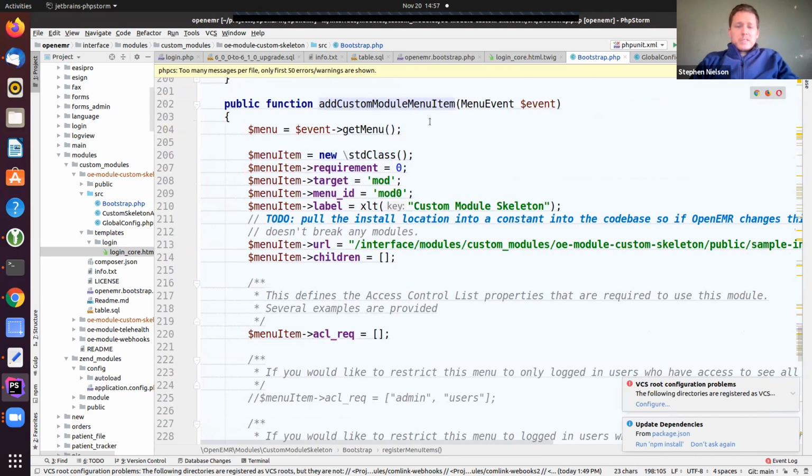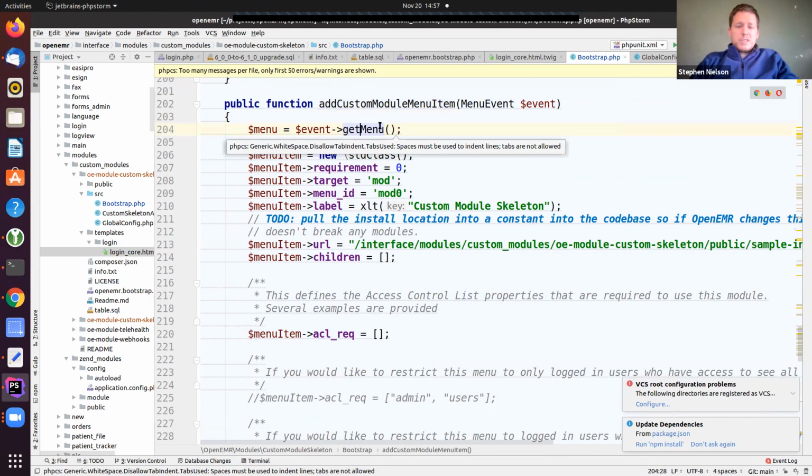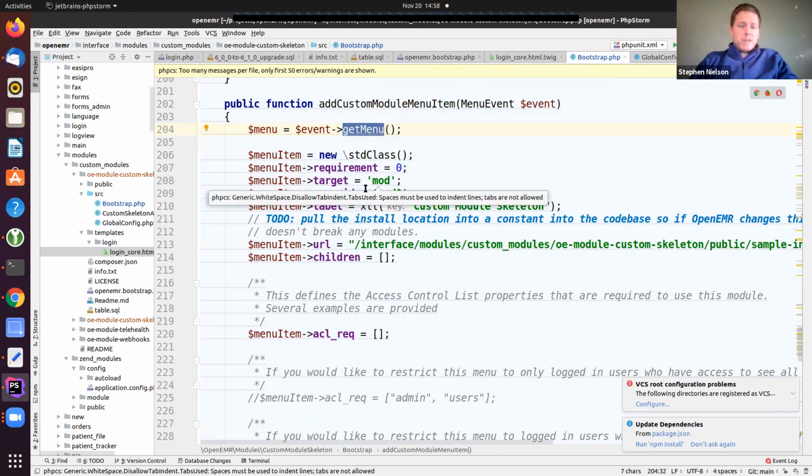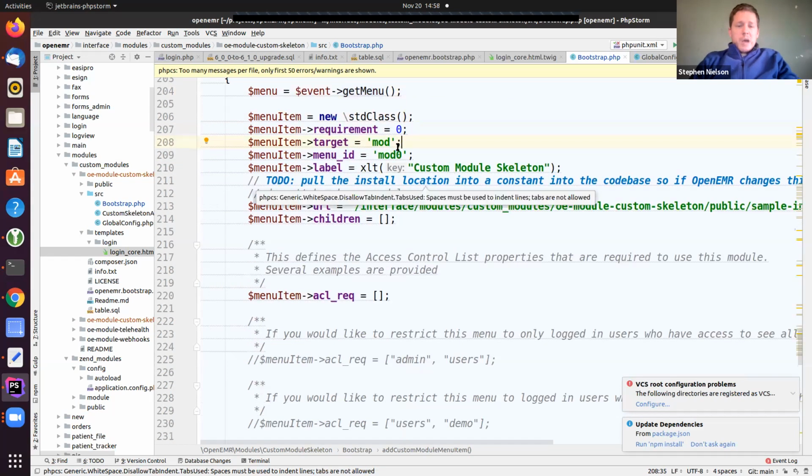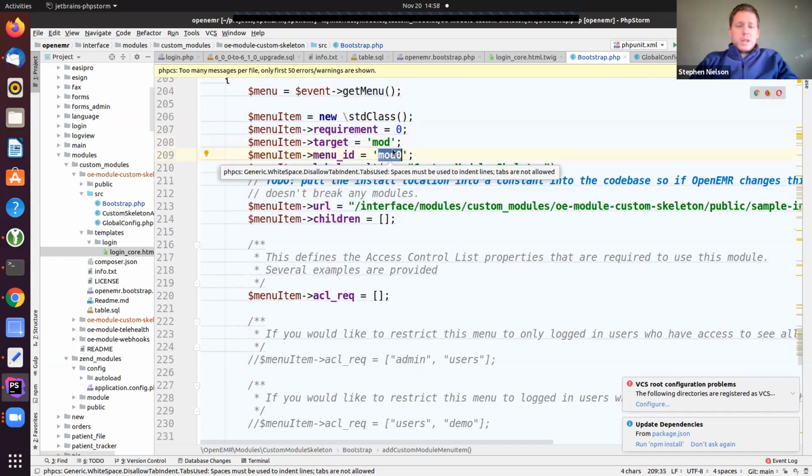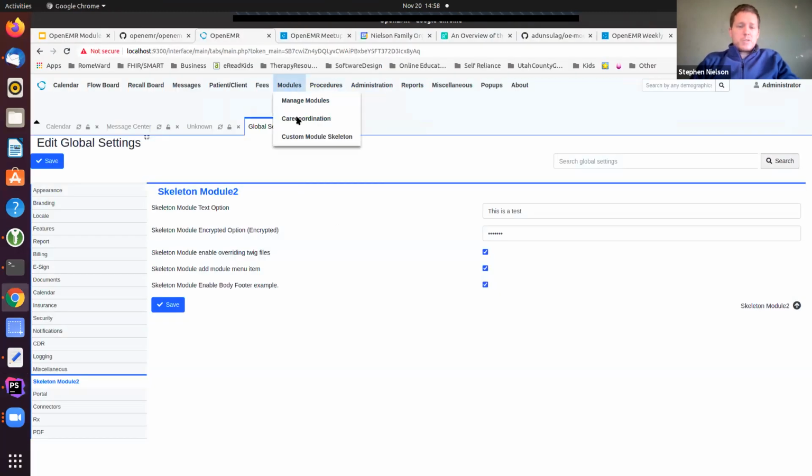I come into my custom module menu and that event has access to the actual menu that's being created from the JSON file, that we used to use to modify menus in the system. And I say, I want to target this specific mod. I want it to be underneath the modules menu.